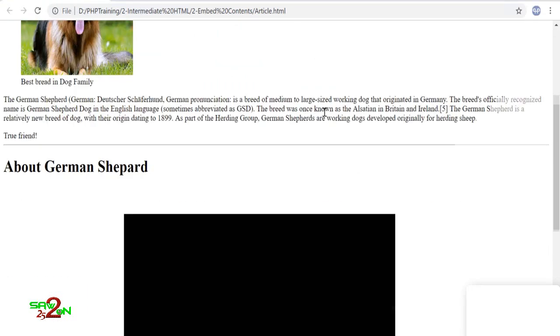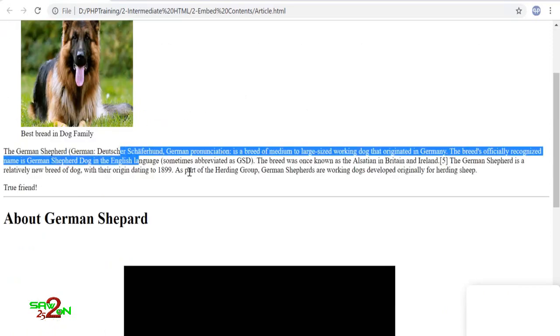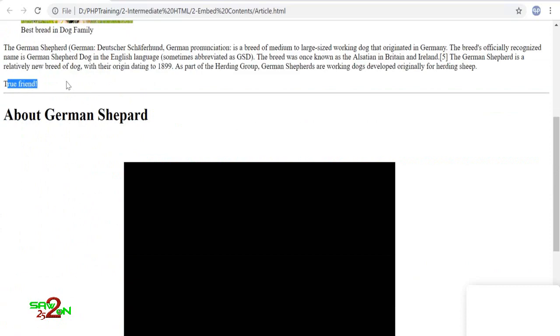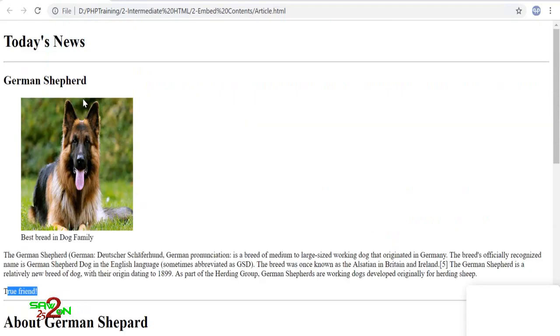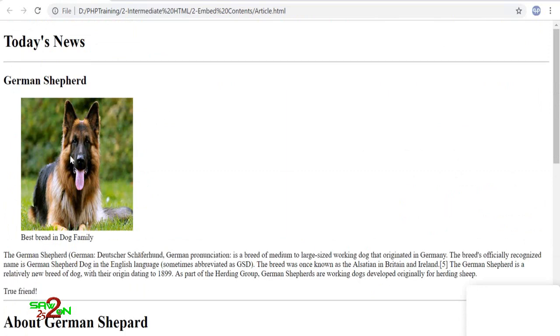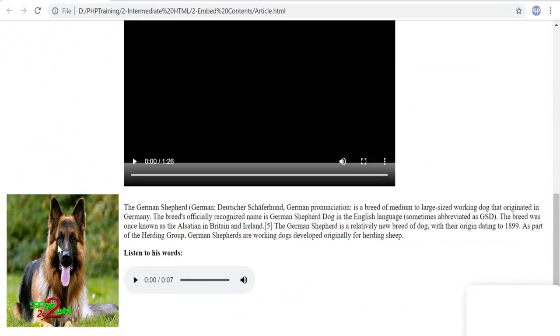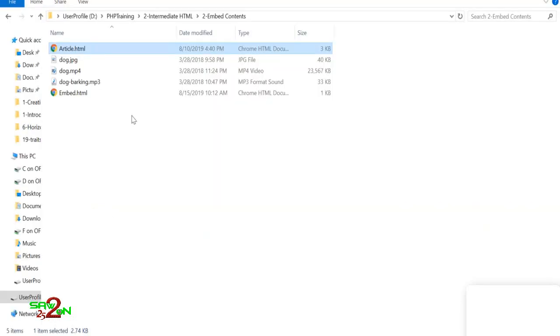Okay, the article is very simple. We have worked through how to create a heading, how to create the line, how to create subheadings, how to create the paragraphs, how to create the footer. We learned all those things. The only thing that I've done here is adding some of the things. First, I have added an image, then I've added a video, then again I have added an image, and then the audio. And you see how I'm able to add an image and the text on the right side of it. So let's open the code and review what I have done here.